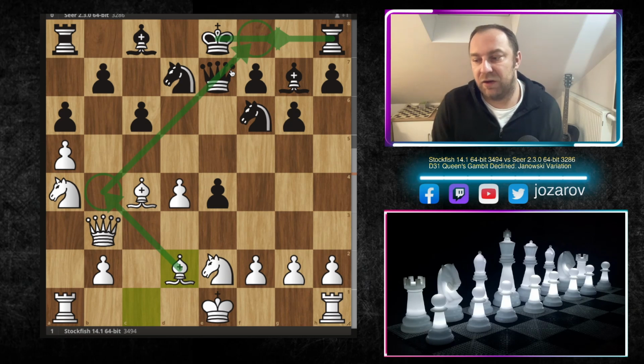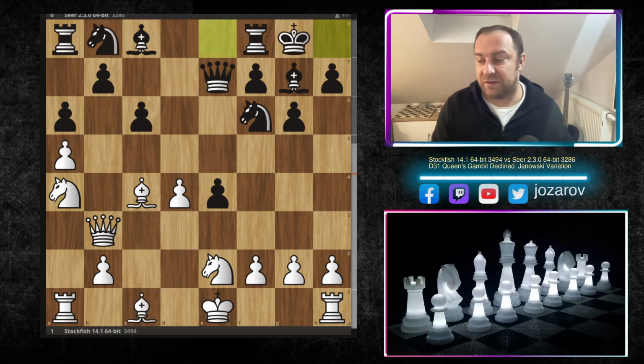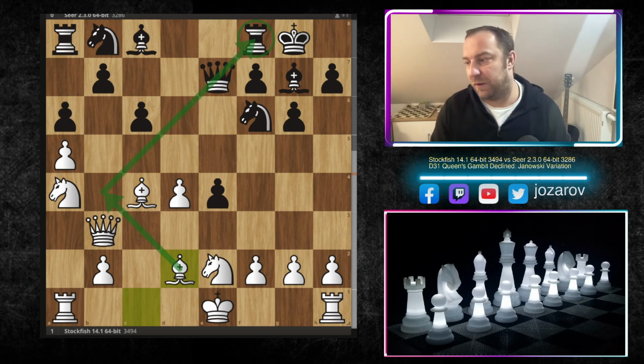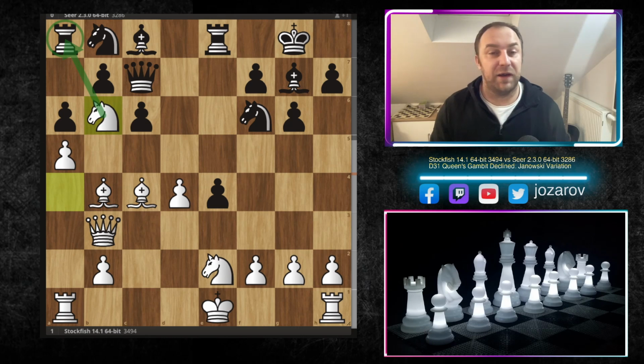So that's why here the bishop to b4 preparation is of course something that bothers Black now in the continuation of the game. So that's why after move knight to a4, Black needs to be fast, has to castle, but now again comes the same idea, bishop to d2, with the idea to play bishop to b4. We have now rook to e8 by the Seer engine, bishop to b4, e4, hitting the queen, queen to c7, and now knight to b6 finally played by Stockfish, attacking now the rook on a8,